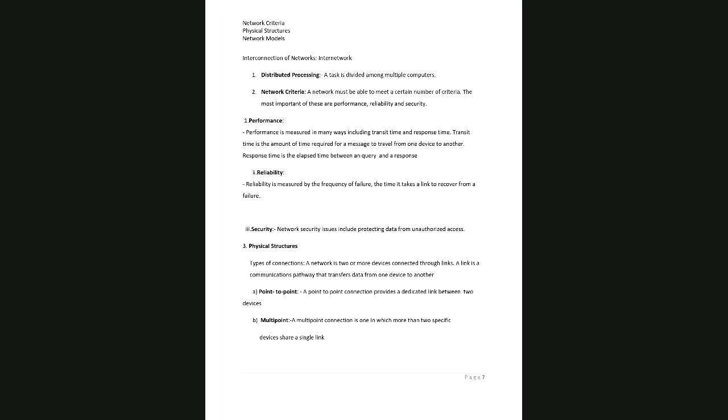So what is distributed processing? Distributed processing is nothing but you have a task which is been divided among multiple users. Here users are nothing but your computers, right? Distributed means you are 5 people in a group. So I am giving tasks to each and every one. I'm distributing the task to all the 5 so that the work can be done at the earliest.